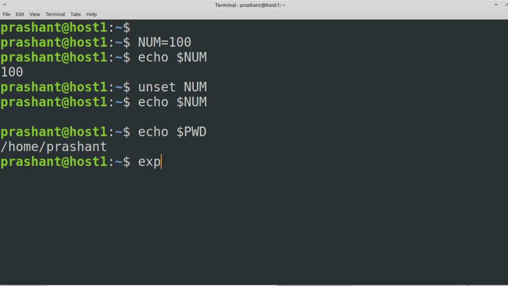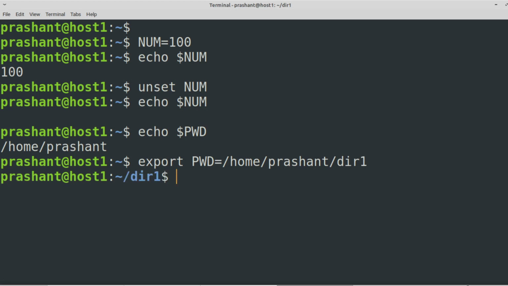Simply say export PWD equals /home/prashant/dir1. Now see how it automatically changes to dir1, because this is the present working directory which dynamically gets changed. Consider if you change the id name which the operating system automatically retrieves, your shell may crash.